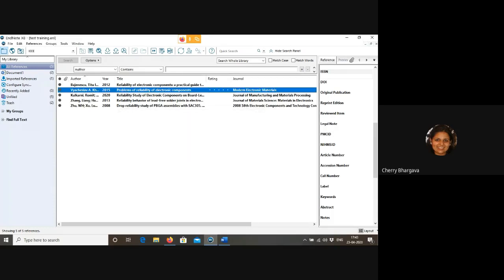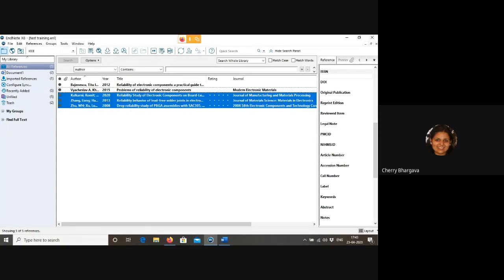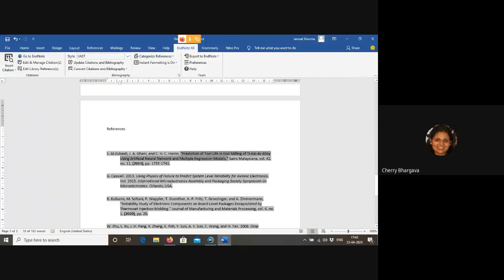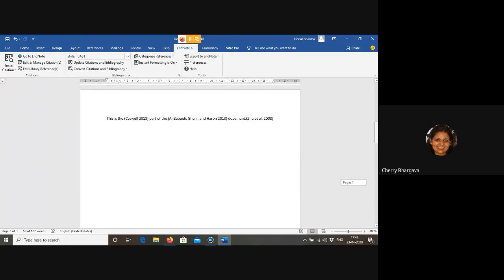Okay, no updates are there because whatever the basic information is required, I have already incorporated into this. Clear? So this is the method how you can add manual references or how you can import references from Google Scholar. And the last thing is managing your citations in the Word document. So this is all from my side. Now I'm available to take queries from your side one by one, please.